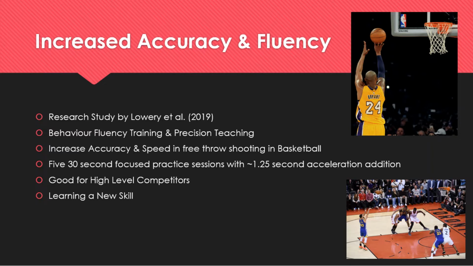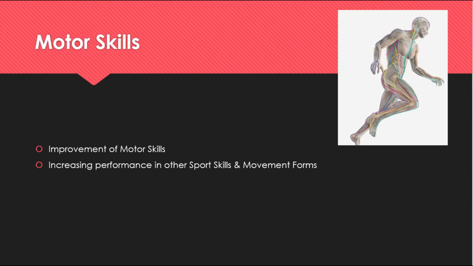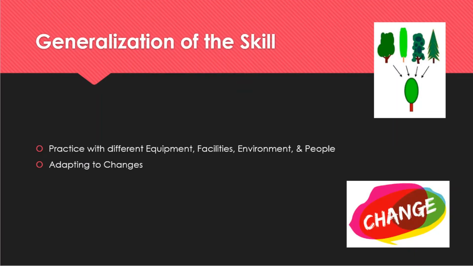As well, this type of training can assist those who are trying to learn a skill in sports and want to excel in it. Through the use of ABA interventions, motor skills are improved for athletes. An improvement in motor skills will assist players in increasing performance in other skills and movement forms. When players are practicing with different equipment, facilities, environment, and people, generalization plays a major role in adapting to the